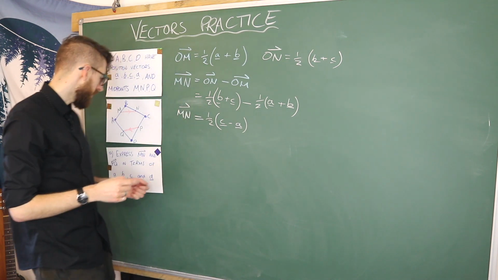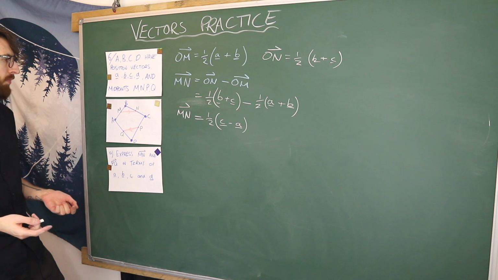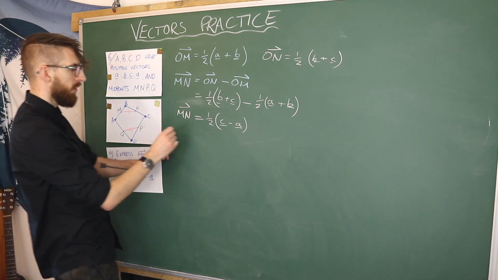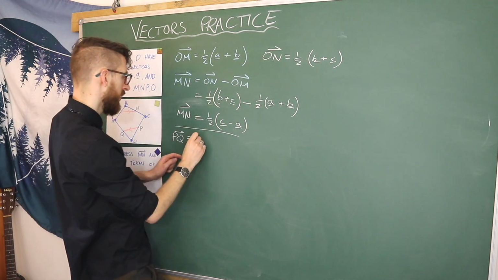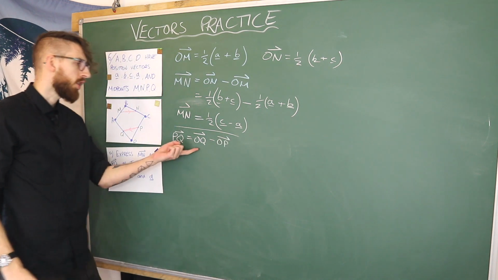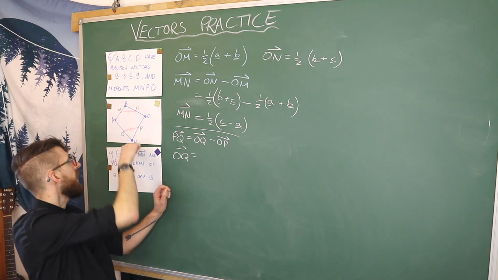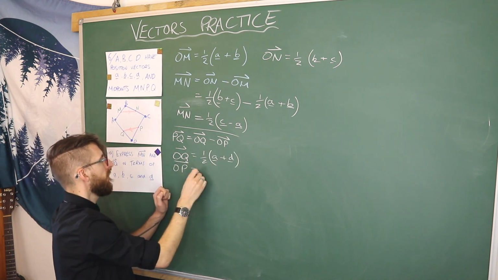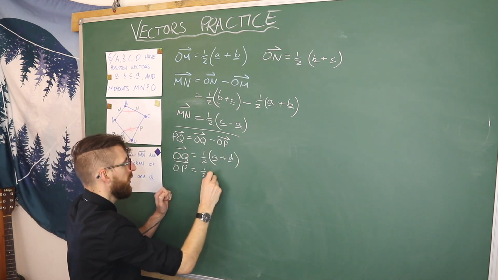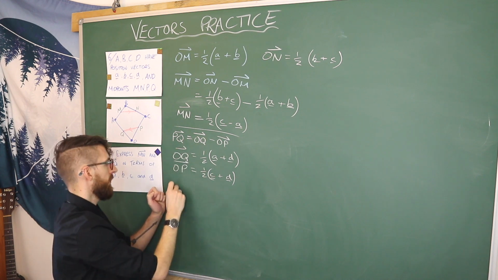Okay, let's move on to looking at PQ. We need to do PQ now. So PQ, same as here. What's OQ and OP? Q is between A and D. P is between C and D. So then PQ